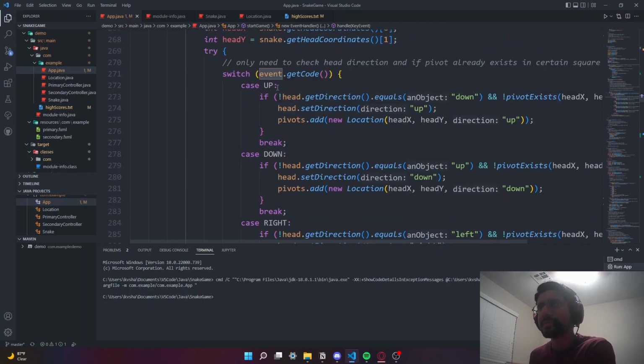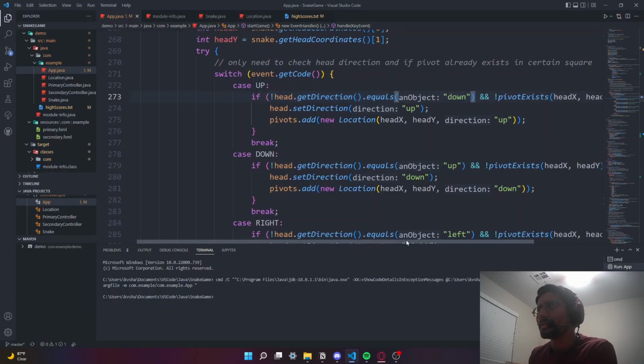So if we look at up, one of the main things we want to make sure is that when the snake is traveling up, we don't want the direction to be down, because if the snake is going down and then you hit the up key, then it would collide into itself. We don't want to do that. So we're going to make sure that the head direction is not down. This is what this says. And make sure that